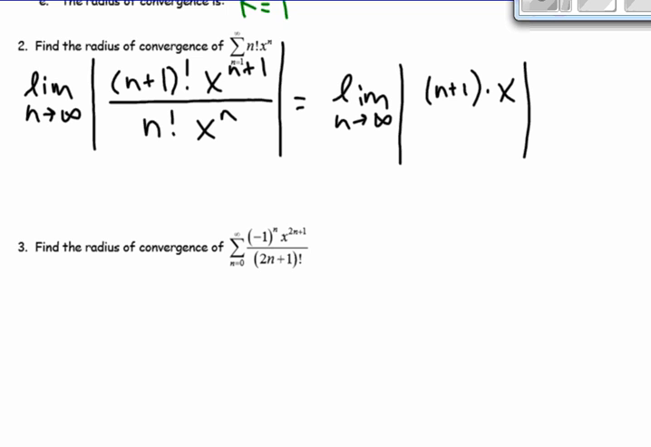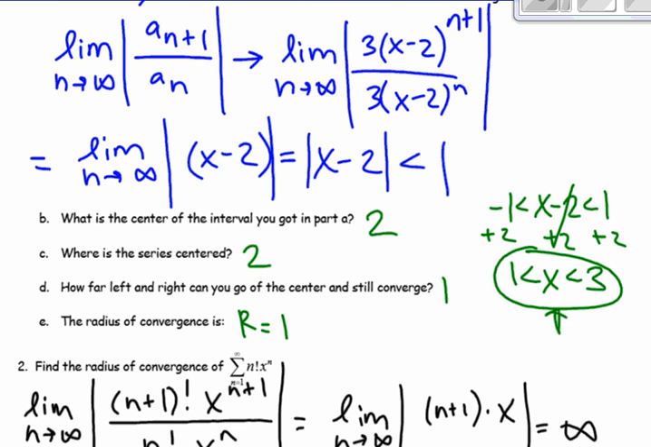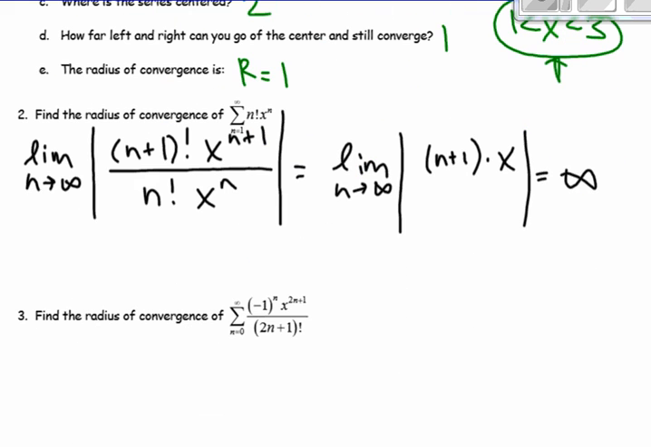So now as n approaches infinity, n plus 1 goes to infinity, times x. Doesn't matter what x is, this is going to approach infinity. Now, in number 1, we got an expression, the absolute value of x minus 2, so we could come up with the values for x at which this converges. However, in number 2, the x doesn't come into play anymore because the limit will always be infinity no matter what x is. So, since infinity is always greater than 1, this power series will diverge everywhere,